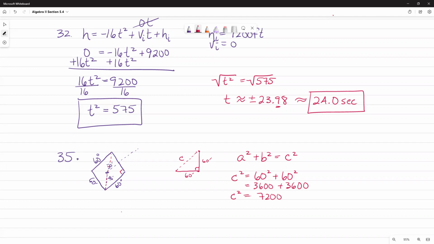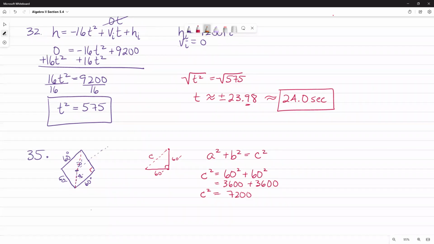So now we use our square root property. So the square root of c squared equals the square root of 7,200. And again, I'm just going to go ahead and use my calculator real quick. Here, the square root of 7,200